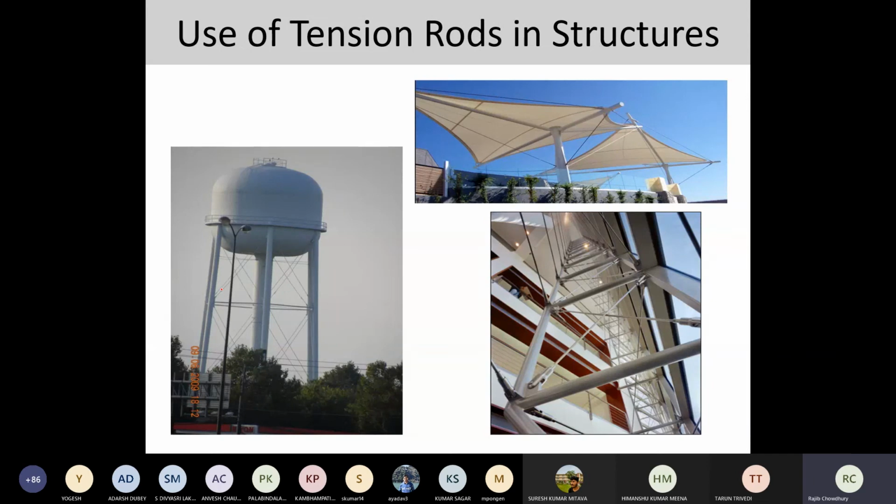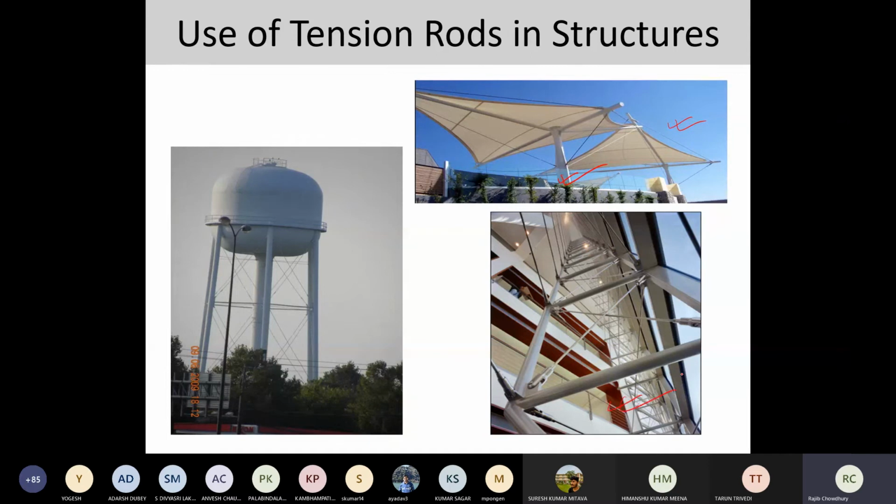area. Then there are a few example photographs that I thought I would show over here, where the tension rods are being used as a tension member. Again, the same thing over here. You might have seen this particular configuration. I think in our campus also at some point of time it was there. This is typically nothing but a shed. Again, this shed is a tensegrity configuration, except the pole which is being provided over here.